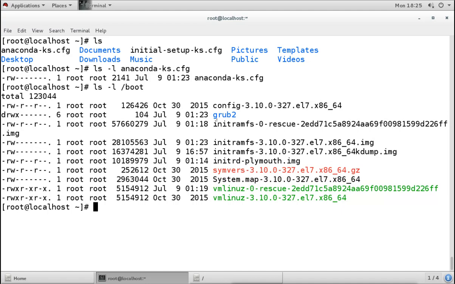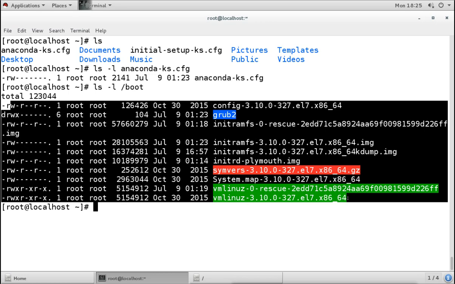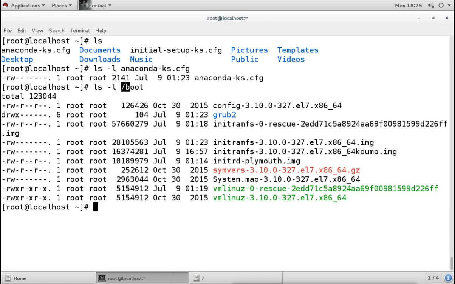That means what is inside this directory, it is showing all the properties and attributes of those files and directories inside this directory. It is not showing the properties or attributes of this directory, like we use it for the file. Because it is a file, we can do that, but when you use it for the directory, it will not show you the directory's properties, it will show you the content of that directory.